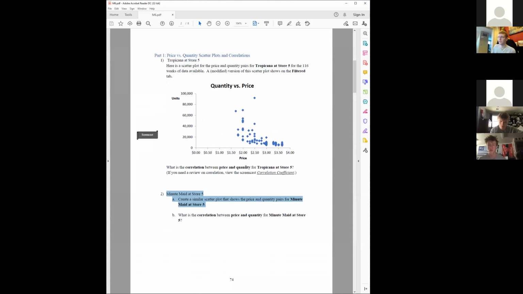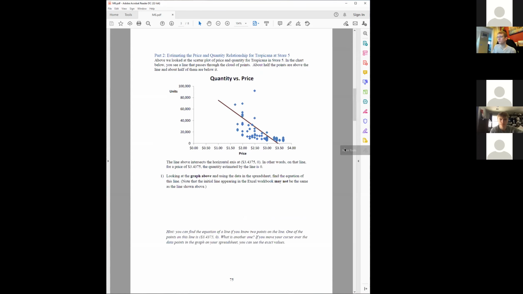Really nothing hard there. The scatter plot's already built. Remember, you just have to change the filter. You're done. So that's two different correlation functions you have to use. Essentially done with part one. Just be careful that you're only highlighting the rows you want and you don't accidentally grab some of the invisible